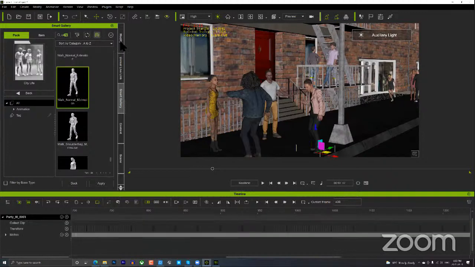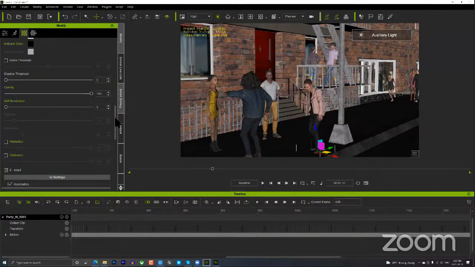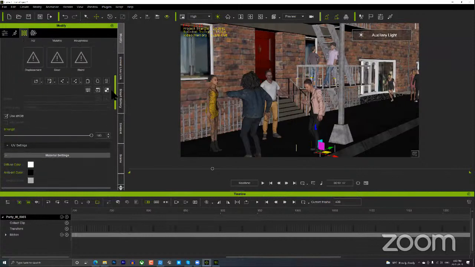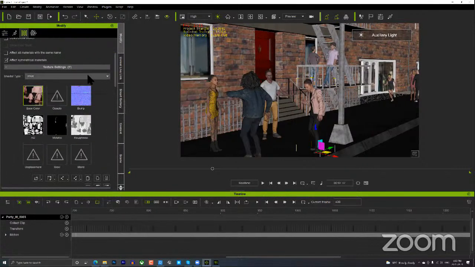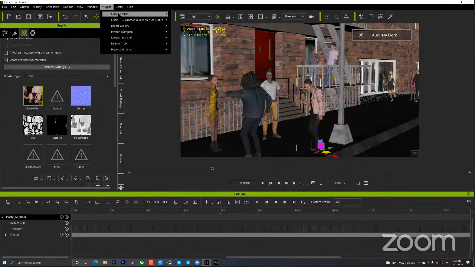If you select a character and go to your materials, there's different shader settings here: shader type, PBR, traditional, subsurface scattering, digital human hair, otherwise digital human shader. And when you're in iRay, of course, there's a whole new can of worms to open up in terms of the render settings. I don't really have iRay open right now,